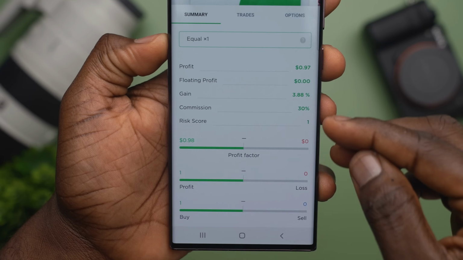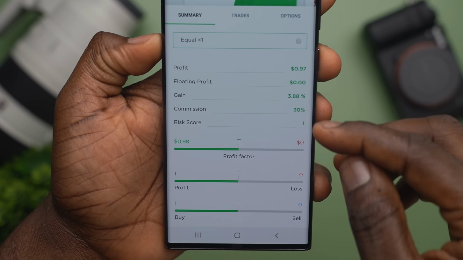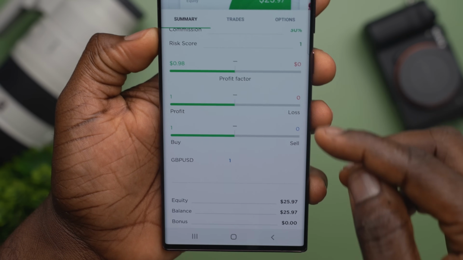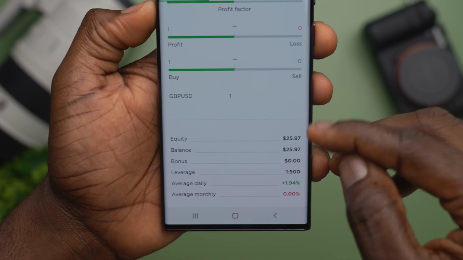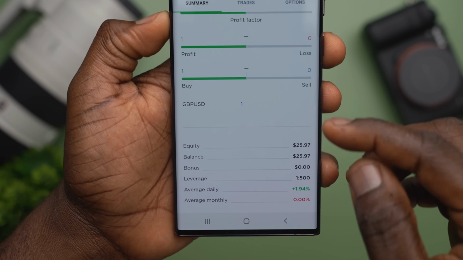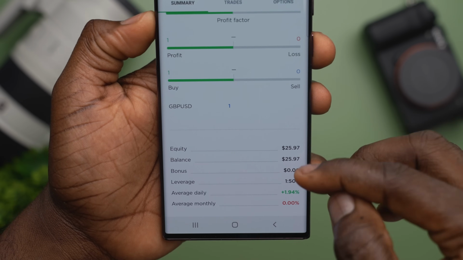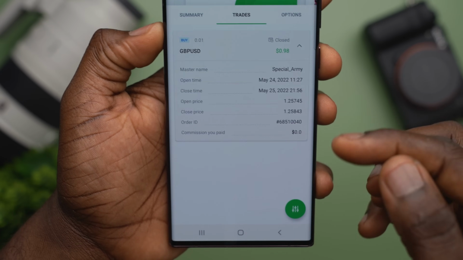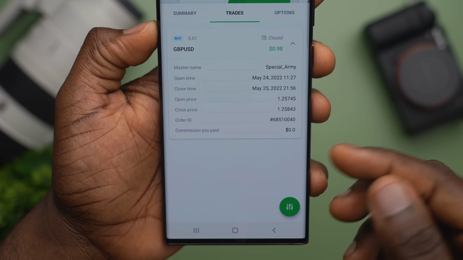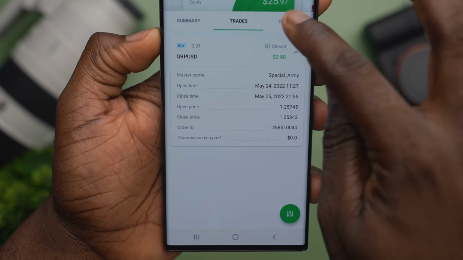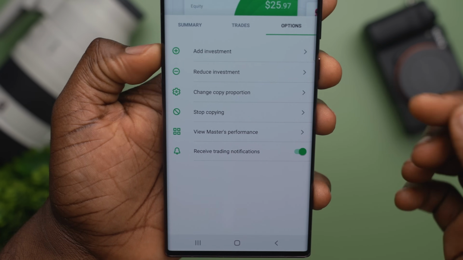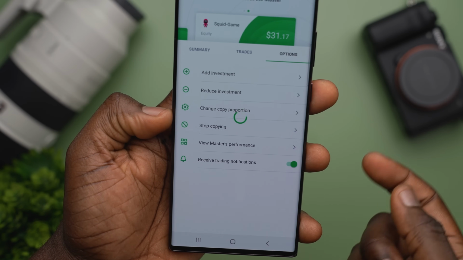Clicking on one of the masters, we can see the same details as we saw in the summary, from the profits down to the gains and commission percentages. We can also see the equity and leverage below, amongst other things. The middle tab is the trades tab, which shows you how many trades were done to achieve this profit level. The options section, which we've already discussed, is where we can now close the trade and take out our money